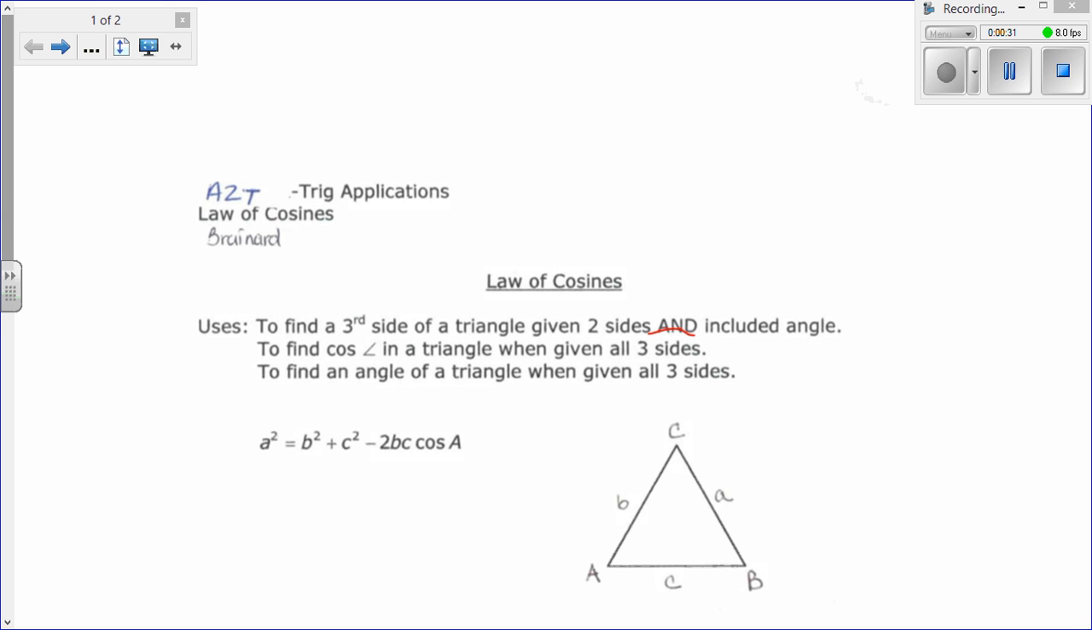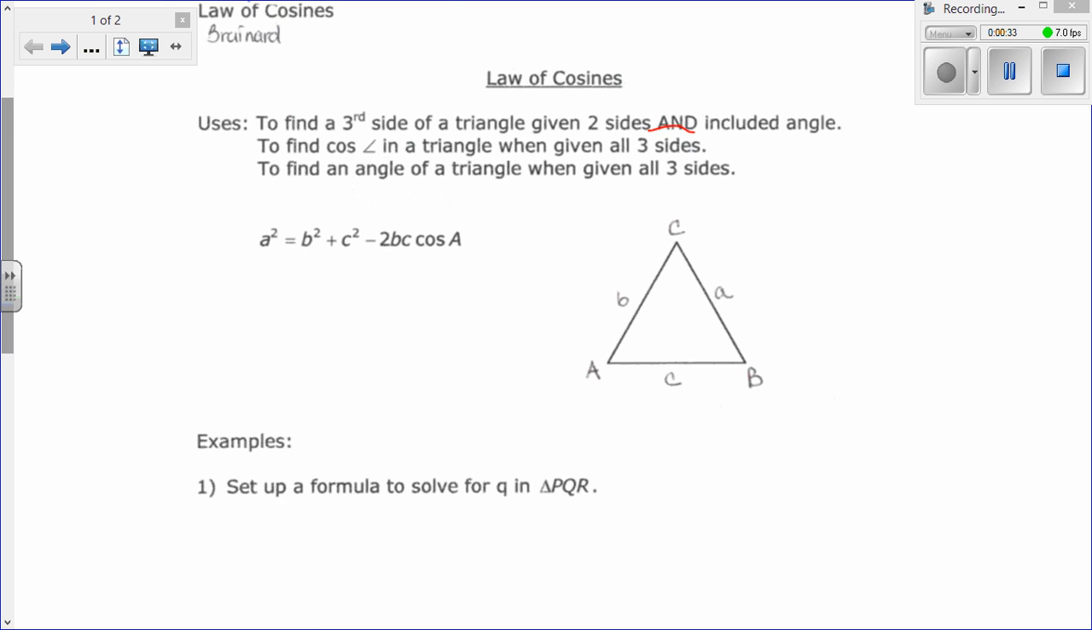The formula, which is given to you on your pink sheet, is a squared equals b squared plus c squared minus 2bc cosine A. And we can rearrange it depending on what angles we're using. If I was looking for side b, I would do b squared equals a squared plus c squared minus 2ac